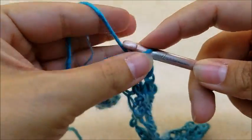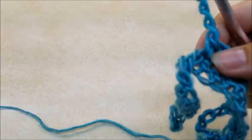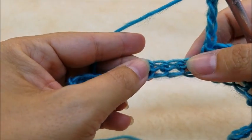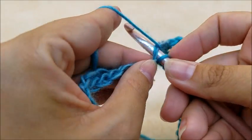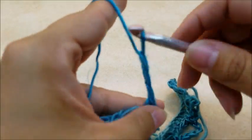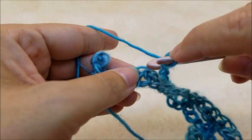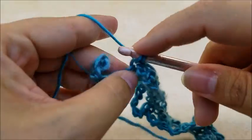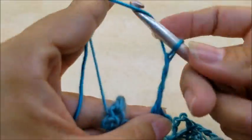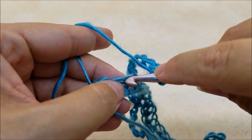Then we're going to chain 5. 1, 2, 3, 4, 5, skip 2, skip, skip, single crochet into the next. Chain 5. 1, 2, 3, 4, 5, skip 3, single crochet into the next. Chain 5, skip 2, single crochet into the next,